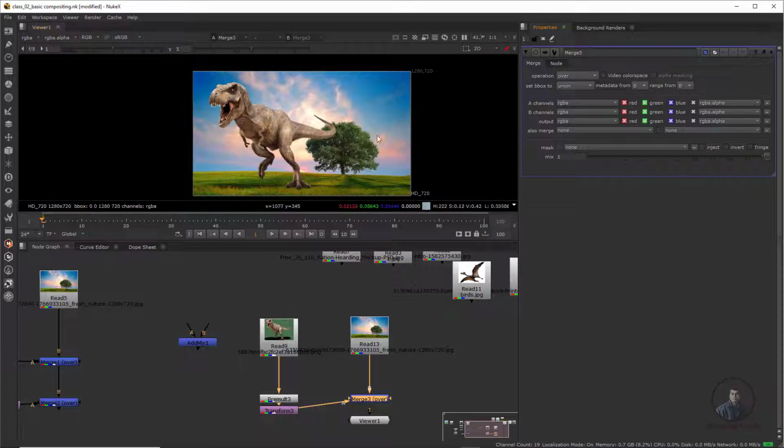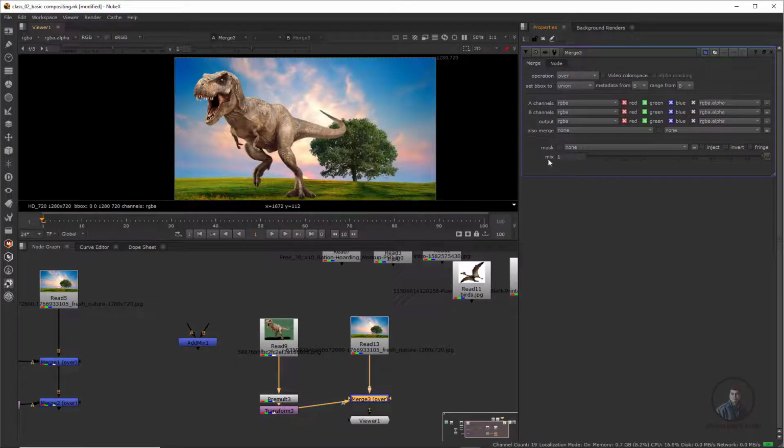So one last important thing here in our merge node is the mix value. Mix value actually means our foreground image or foreground object opacity, or transparency you can say. So if you adjust this mix value here, this will adjust the foreground object opacity or transparency. Now you can see here.